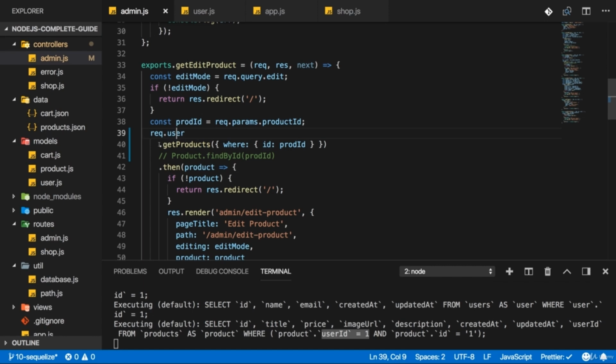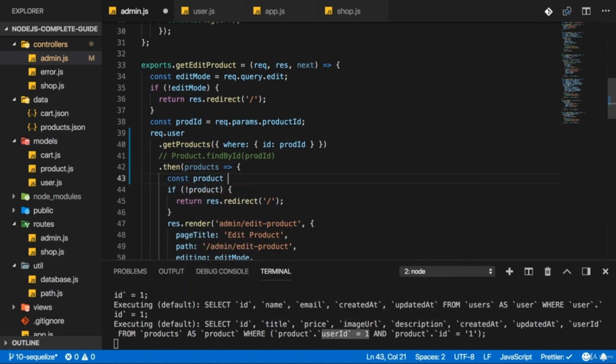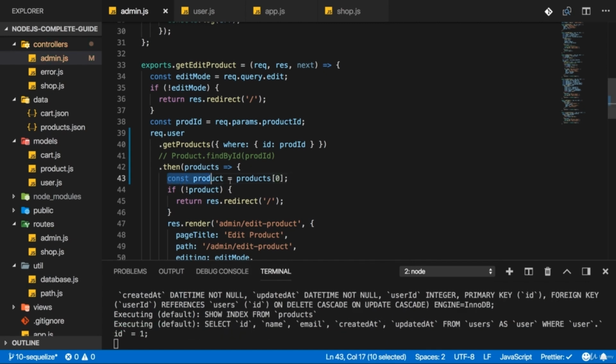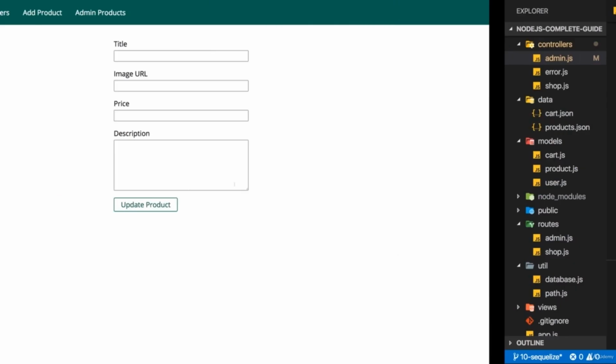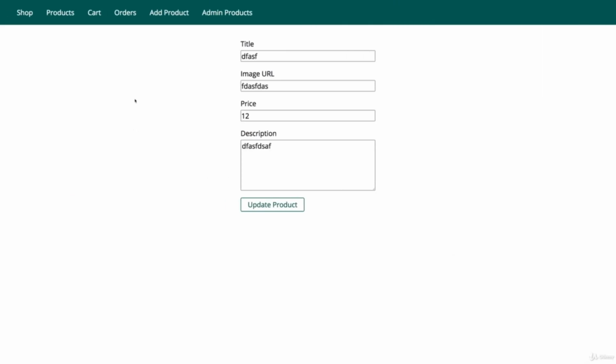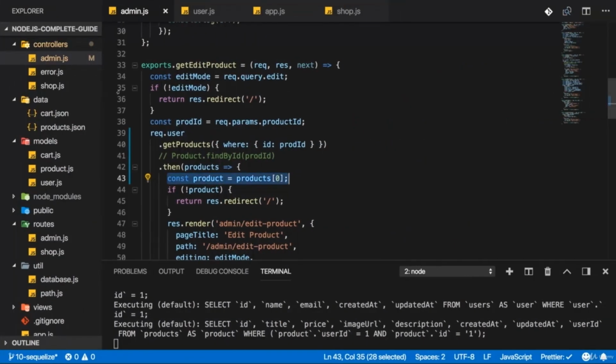But keep in mind here we get back an array, even if it only holds one element. So we got products, and therefore we know that one product, the one we are interested in, will always be the first element. So we have to store that separately in a new constant. And now if we reload this, this works. So this is a more elegant way,